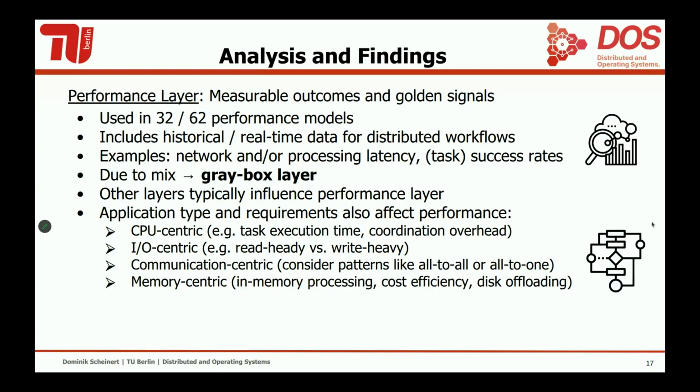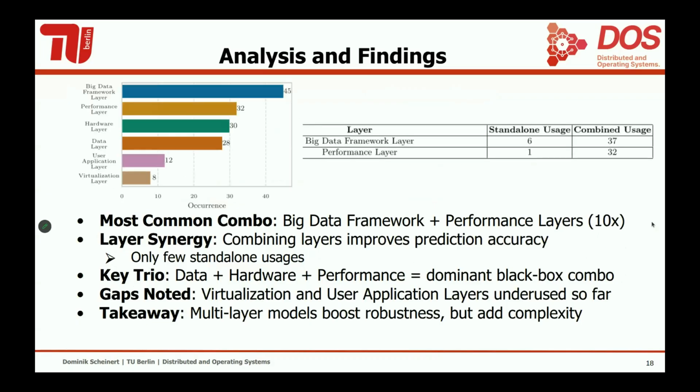And then, of course, also memory-centric applications might behave slightly differently. I mean, many of these second generation data processing systems are in-memory systems, but then it still is important if you have enough memory or if you have to offload some of these results to disk. This, of course, also then impacts performance and is also always important to keep costs in mind, because memory is expensive, as we know, and thereby one important aspect here. So here also all these numbers I just mentioned, we also see them summarized again in the top left corner.